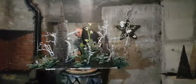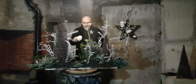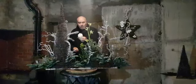Now, I've also got some fantastic roses. Again, I have used these before, so I'm going to reuse these. But would you believe these are almost 2 weeks old? This is a fabulous rose called...